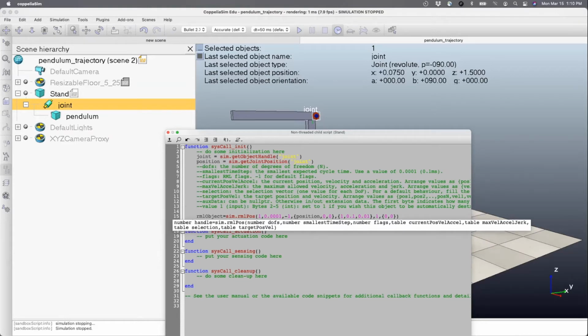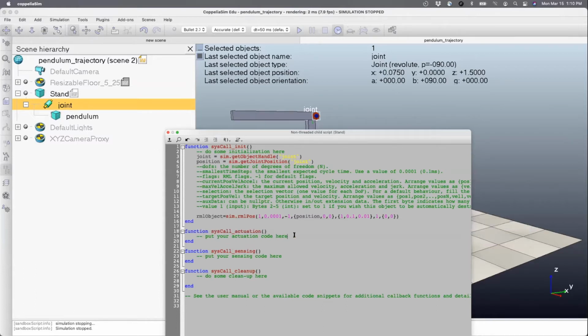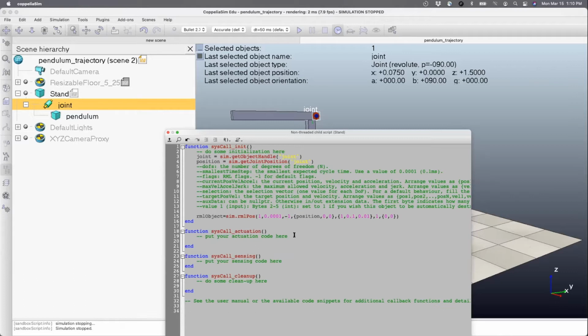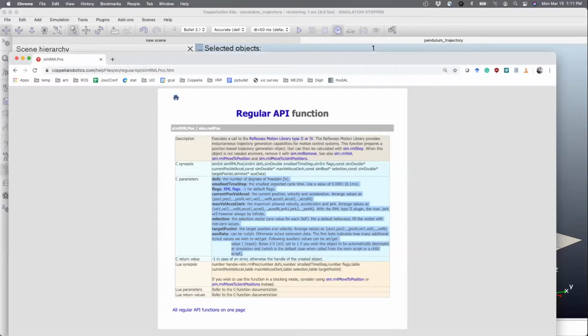Now once I have the object, I need to call this object. So this is initialized, I need to call in the actuation. Each time I call this, I need to step through the RML object and get the new value for the joint angle, use that to set the target joint position, and so on. What I mean by that will be clear in just a bit. So what I'm going to do is use the RML step. If you look at the command for RML step,